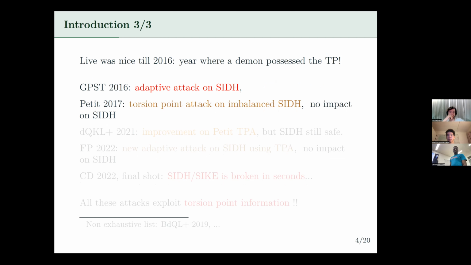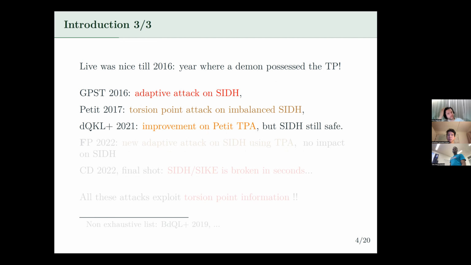Next was the first non-trivial classical passive attack on SIDH, introduced by Petit, that had no impact on parameters, on SIDH parameters suggested by Jao and De Feo and parameters used in SIDH. This attack was later improved in 2021, still by Petit and some co-authors. The range of parameters to which this attack applies was increased, but still the attack did not apply to SIDH